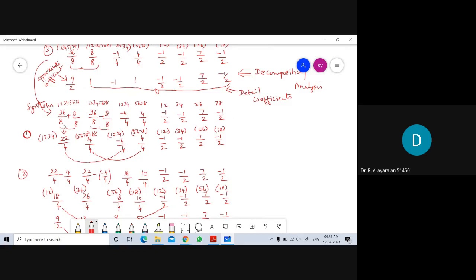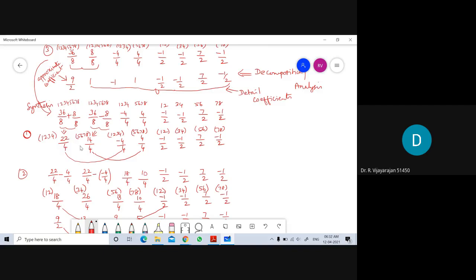So in the decomposition process, as I have told you, we go for summation and difference so that we can get back the values. Now consider the first two values, that is the approximate coefficient and the first detailed coefficient. Based on that, go for summation and difference. So it is 6 divided by 8 plus 8 by 8. That is what we have got from the last decomposition step. That is going to be 22 by 4. Then the difference is going to be 14 by 4.